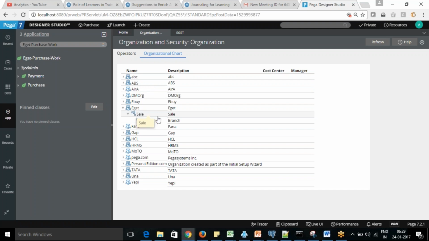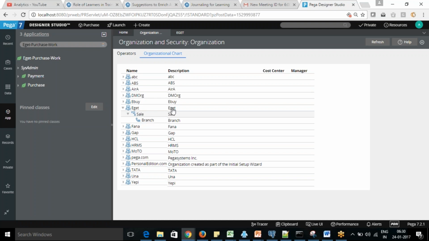We have organization, then we have division, then you have unit. So Pega follows this structure for allocating the work. When you get work, you need to allocate the work, so that's the time we mainly depend on that. You should have a branch manager, you should have some divisions within that. You have multiple things, right? You have different managers and different people will work in different branches within that.